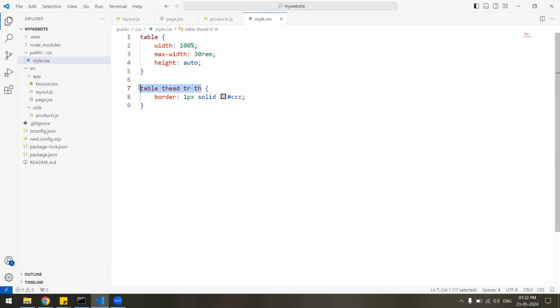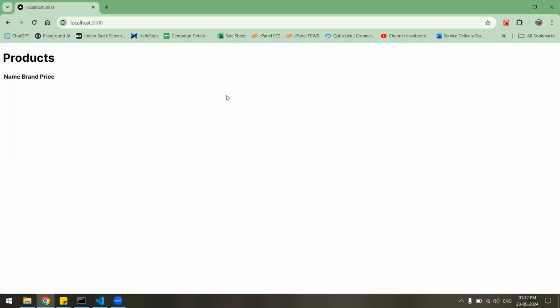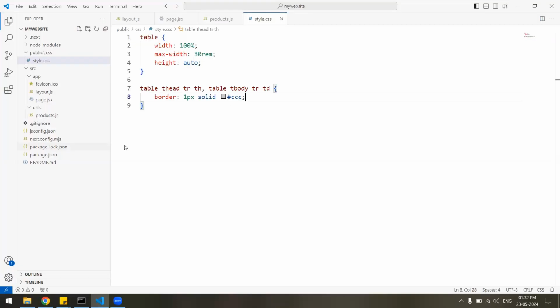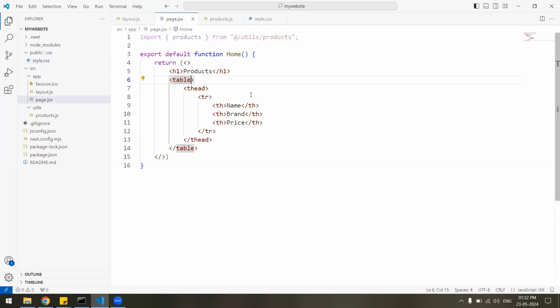And inside table, tbody, tr and td is going to be the same. It might not take the css properties because